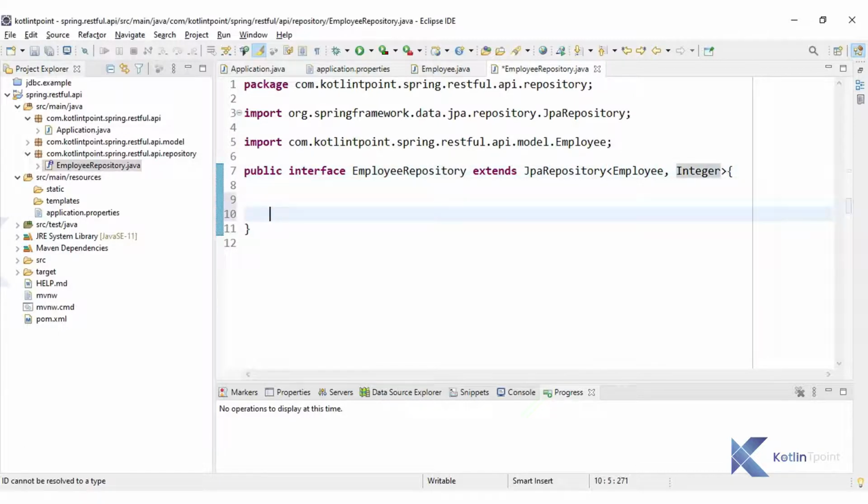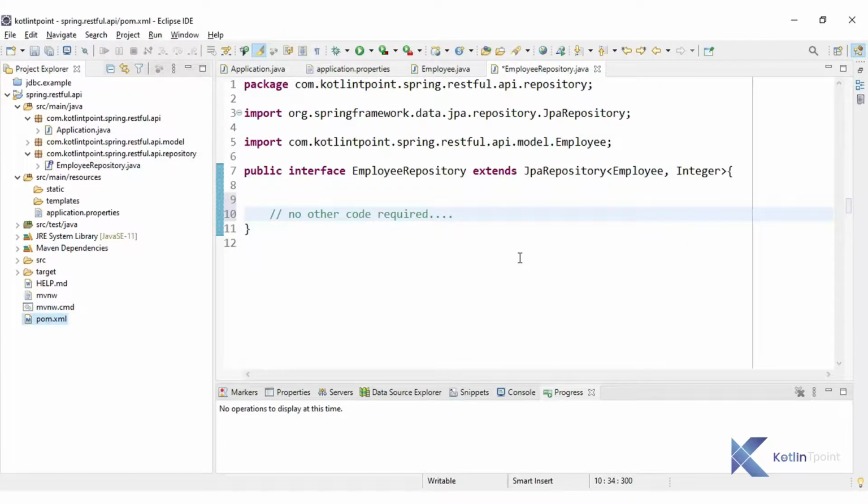So guys, that's it. No extra line we need to write here, no other code required. We need to create only EmployeeRepository, which extends JpaRepository, right? And this is all going to be automatic. The main reason behind this is the Data REST dependency we added.